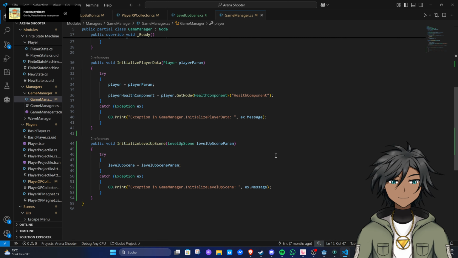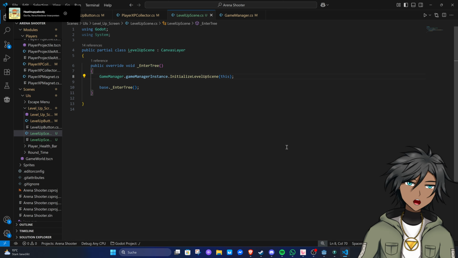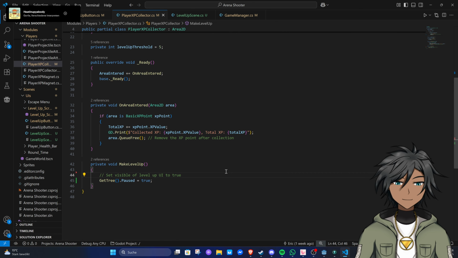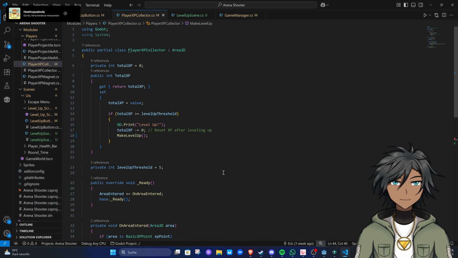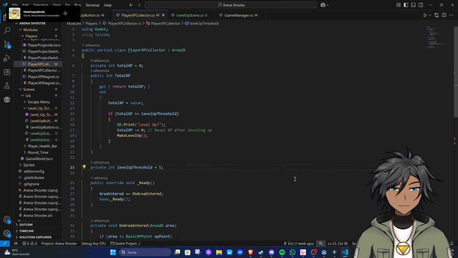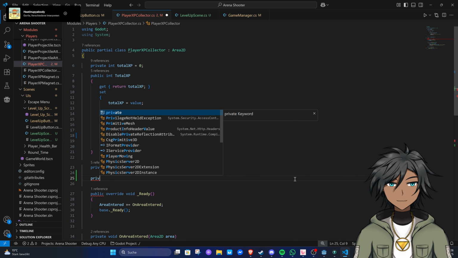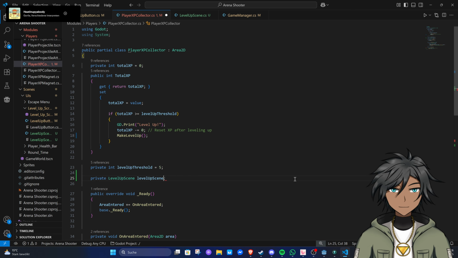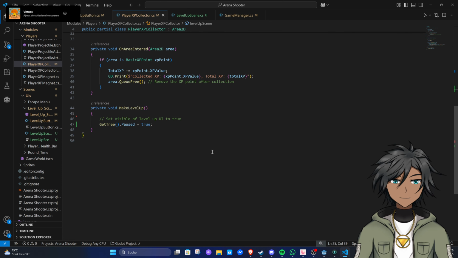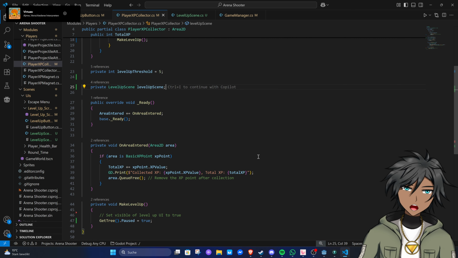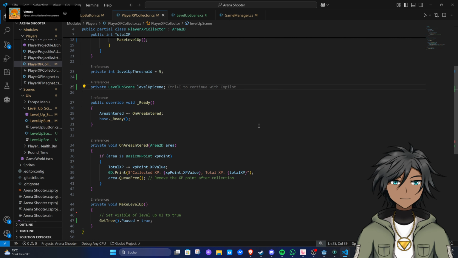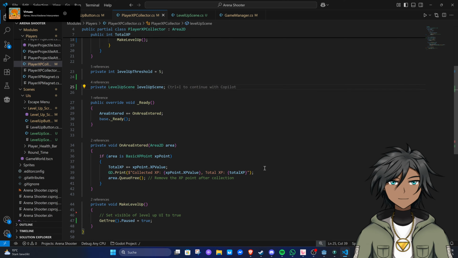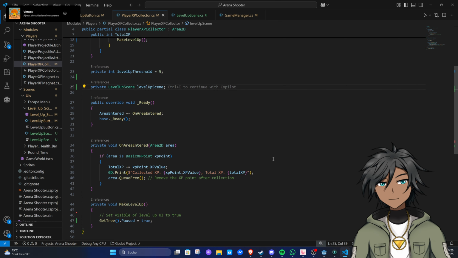Okay, so this should be good. This is calling itself, so it is accessible, which means we can use this. We need a variable for the level up scene. Level up scene. Well, and this is again